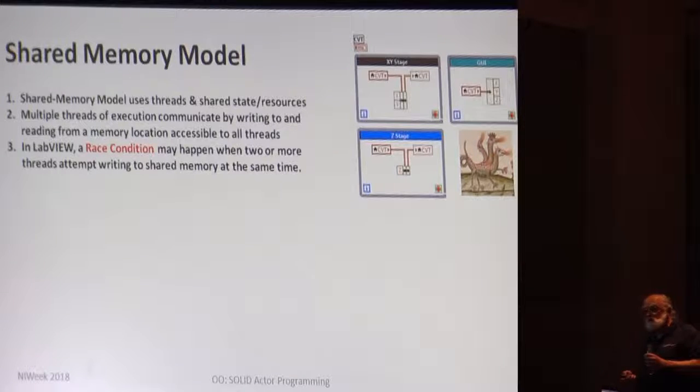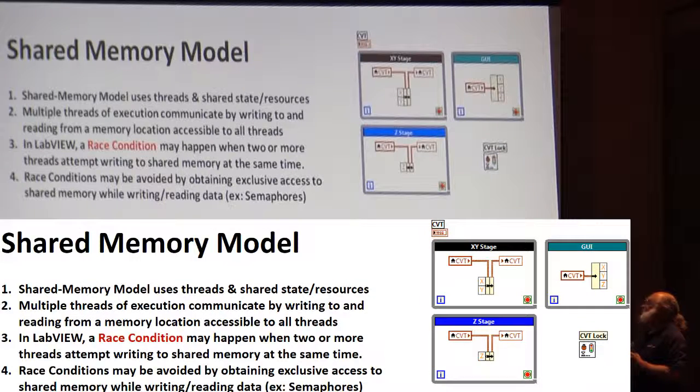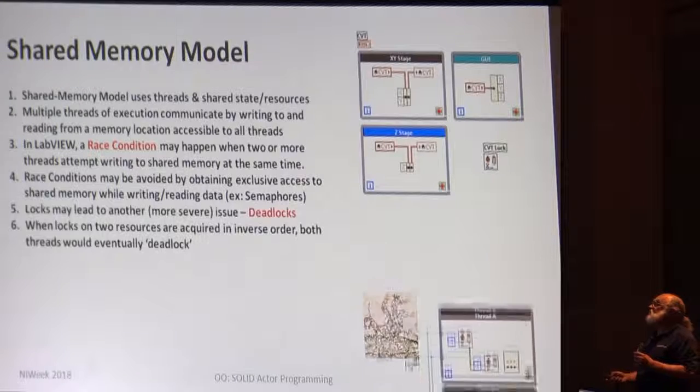But smart people back in the 60s and 70s designed locks like semaphores. And semaphores take care of race conditions if you manage to lock the critical code, the critical access code. So that's good. That's not the whole story, because when you start using locks,